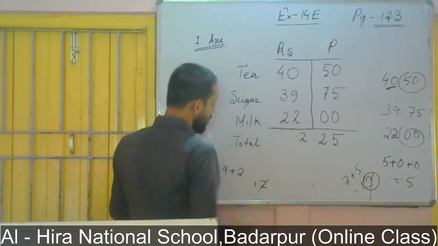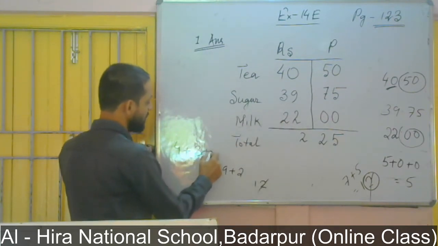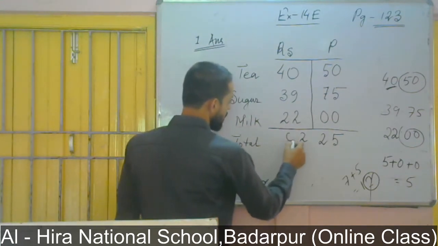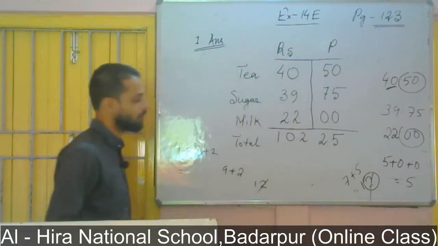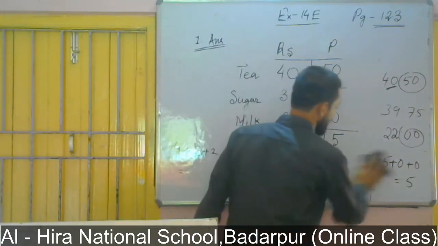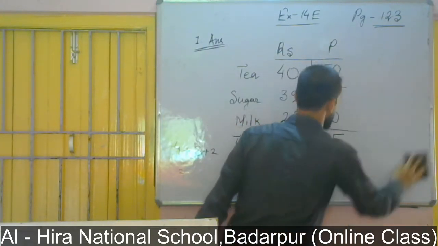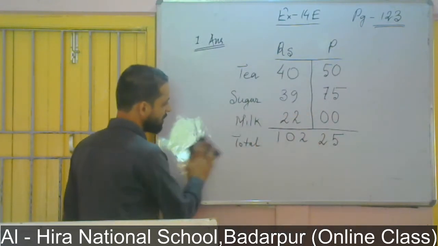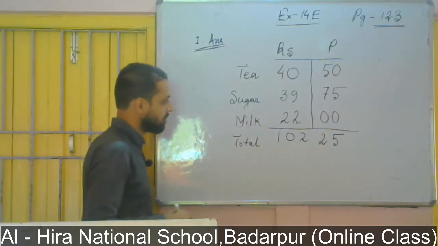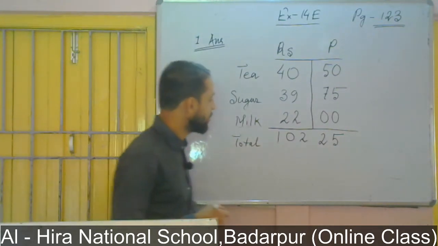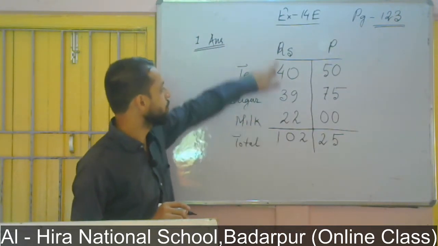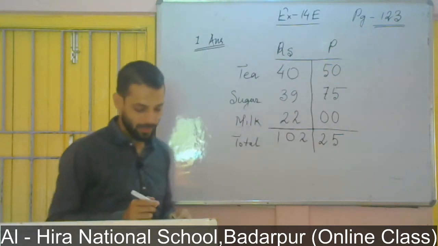Now we have to add 4 plus 3 plus 2 equals 7 plus 2, 9, plus 1, 10. So here the answer will be, total will be 102 rupees and 25 paise. So we can write the total equals, or you can write the total amount of money, equals 102 rupees 25 paise. Okay. So here I have written the total is 102 rupees and 25 paise.